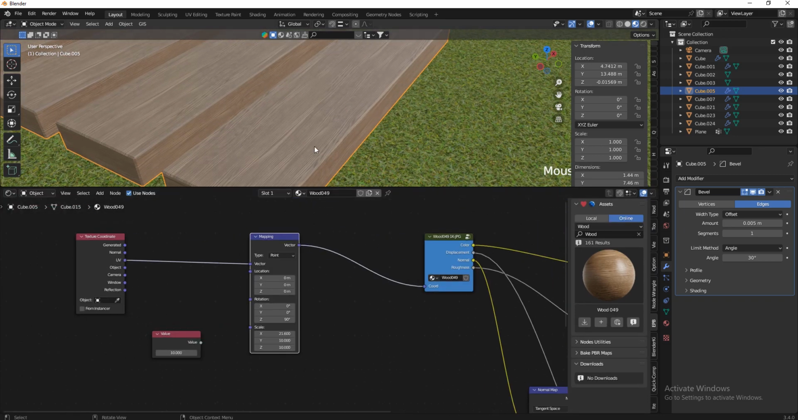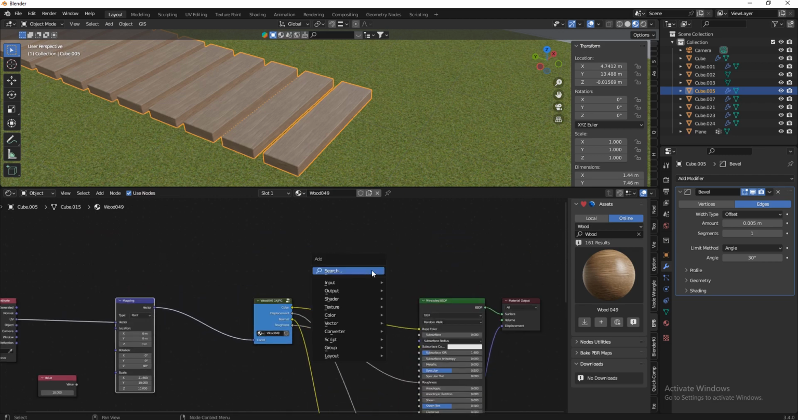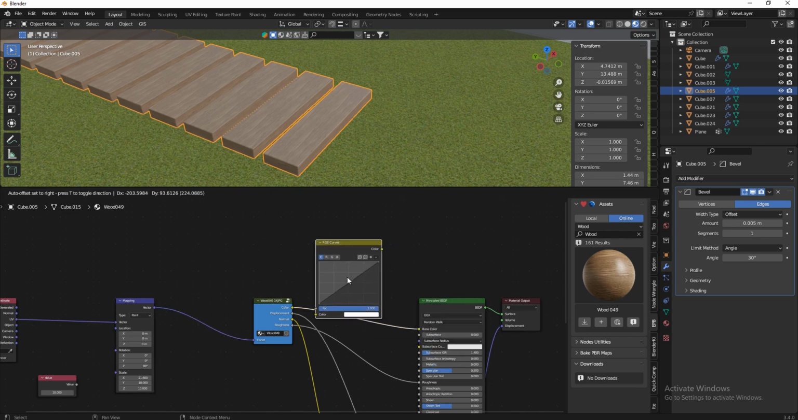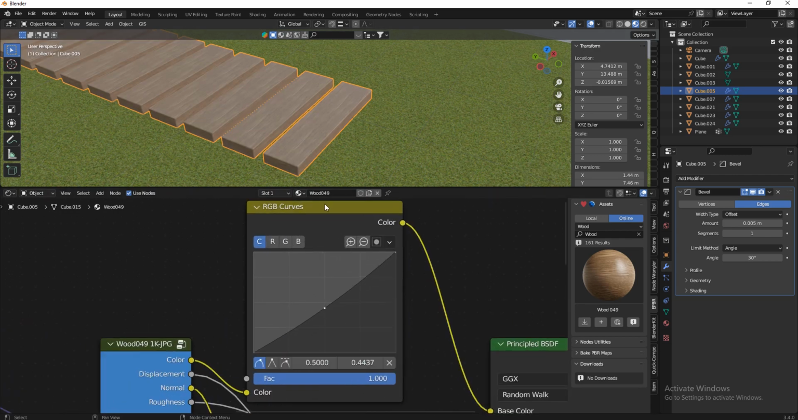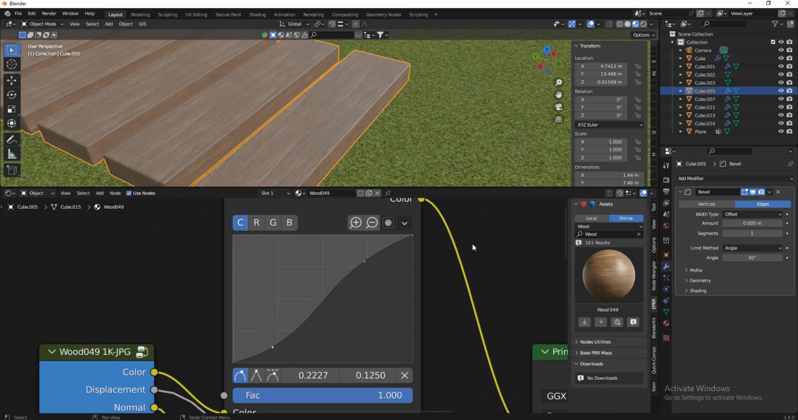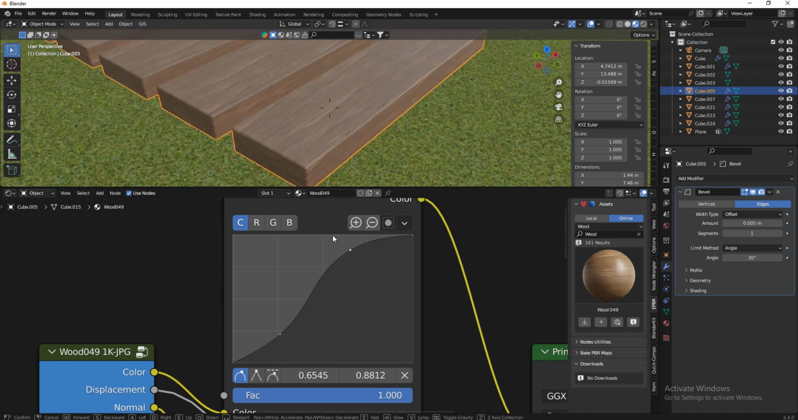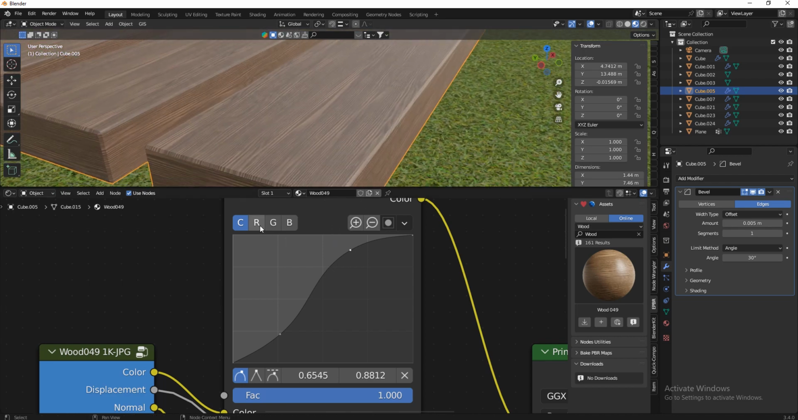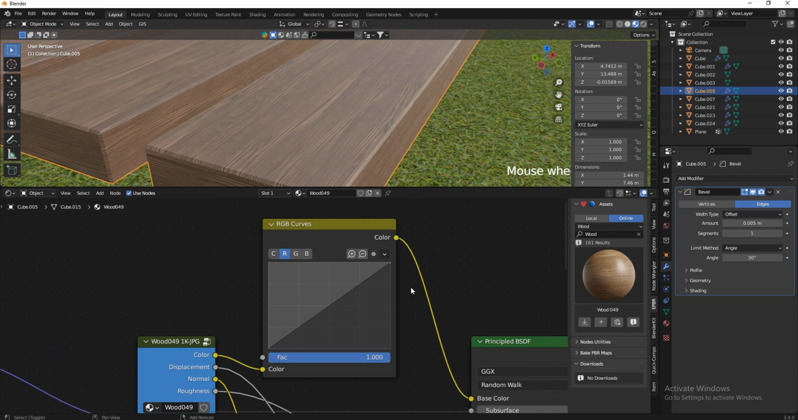What I can do next is press Shift A and then search RGB curves. Then place this one right here. And then after this, if I want to make it darker, I can make it darker like this. If I want to give it contrast, I can make it darker right around here and brighter like this, so that you'll have more contrast. If I want to decrease the rate, I can decrease it like this. If I want to increase it, or I can just reset the curve, and press Shift A